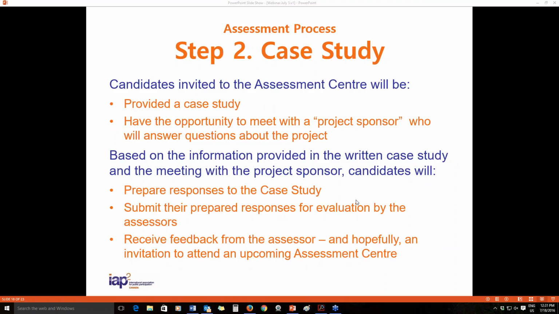So the candidates who are invited to the assessment center, in your case study, you're asked to prepare a very detailed P2 plan for the scenario presented in the case study. The same case study is given to all candidates going to the same assessment center. And each candidate will be assigned an assessor, and that assessor is there to help you or coach you if need be. So you have that opportunity of talking to an assessor